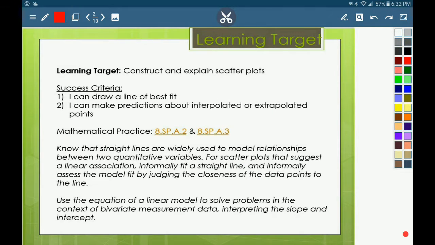So again, our learning target, and this is going to wrap up our learning target for the week, is to construct and explain scatter plots. Again, this is going to be more on the explaining side because we're going to use some algebra. We're going to create some y equals mx plus b's